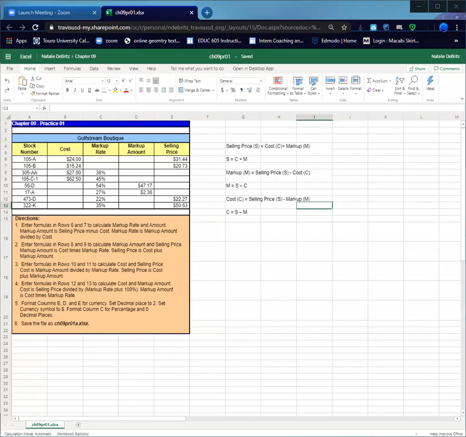I forgot to add this to the markup on the last video. So here is the Excel process. In this, you're going to find either your cost, your markup rate, your markup amount, or your selling price,